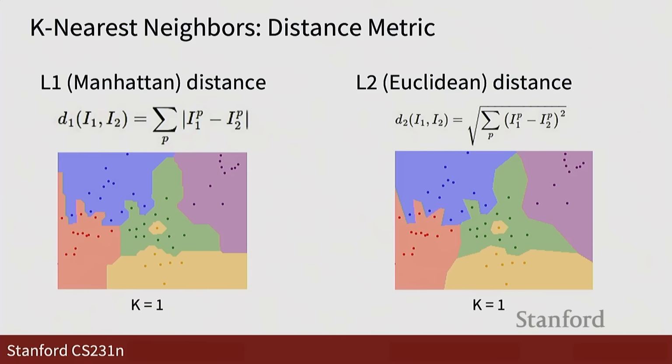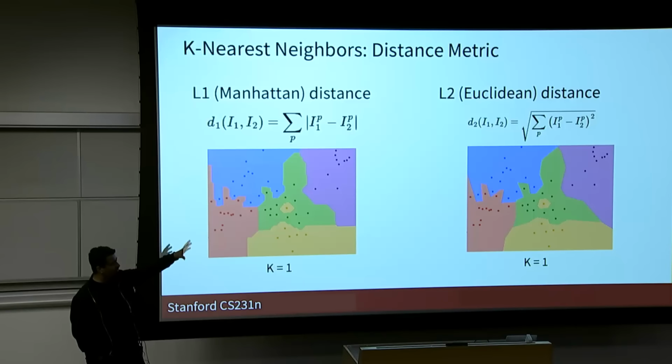So with these two distance functions that we talked about, if I revisualize the space, you can see with k equals 1, with one nearest neighbor, with L1 and L2, these are the space partitionings. One of the interesting things you can see here is that with the L1 function, most of the boundaries are parallel to the two axes, the two features X1 and X2, very much sensitive to the features, while with L2 we have a little bit more smooth